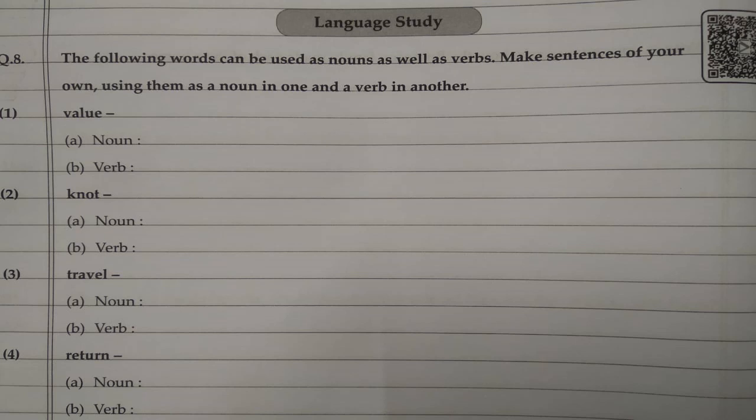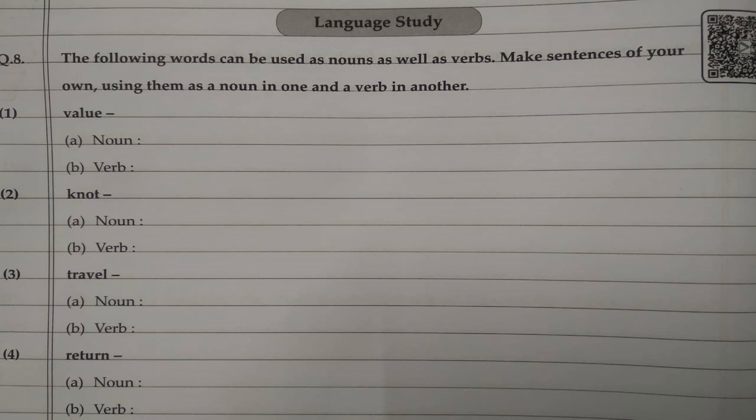Now the first word is value. So now how are you going to use that in the noun form? Children, now just don't copy it from some book, but try to find out and make your own sentences, right? So that word should be in the sentence. Now see the first one. I have tried to give you the sentences, right? Now see the sentences here. So when I'm reading, if you want to write it, otherwise it will be very much better if you are going to form your own sentences. Try to find out your own sentences and write it down.